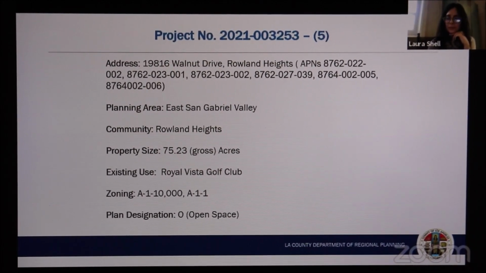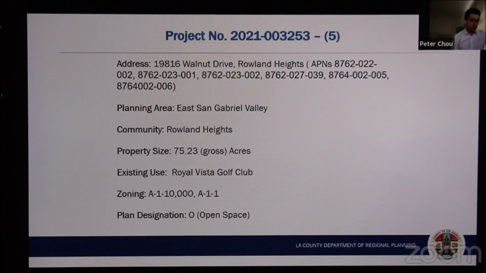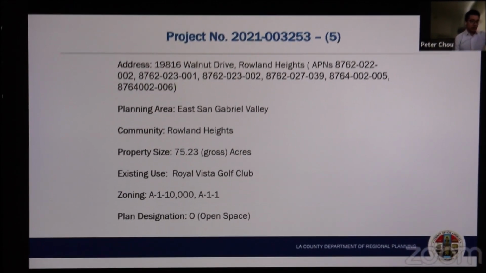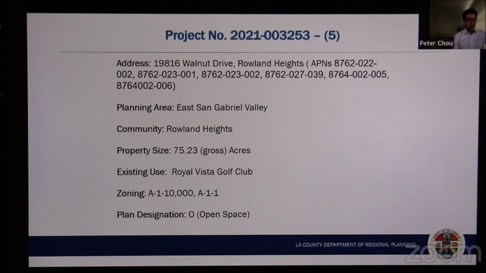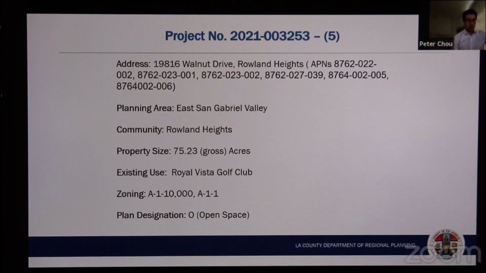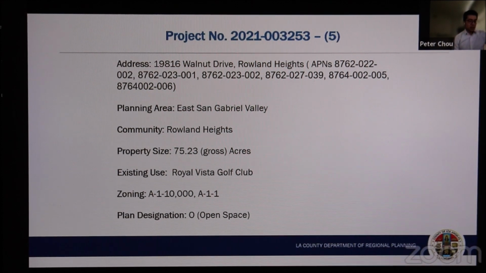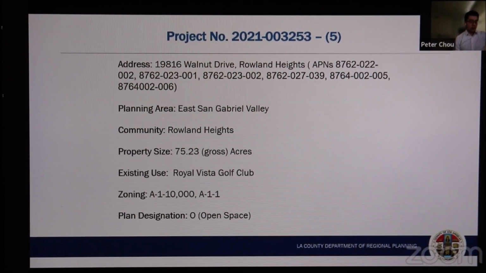Good morning, Commissioners. I'm Peter Chou with the Land Division section. I'm here to present agenda item number 6, project number 2021003253. This is a request to initiate a local plan amendment to the Rowland Heights Community Plan to amend the